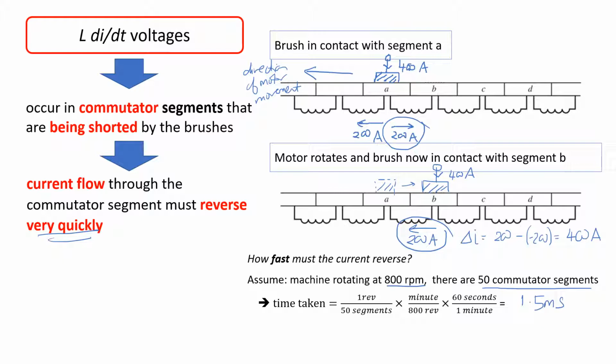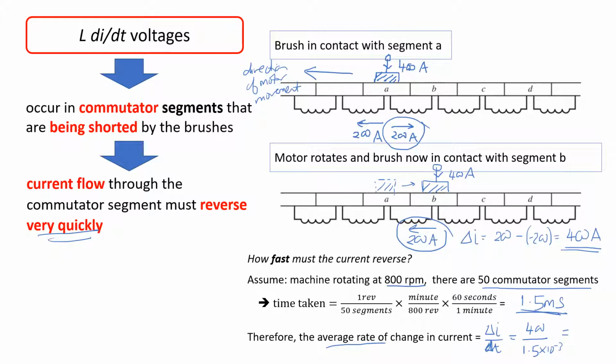What I'm trying to say is the brushes change from one commutator to another in a very short time, which is 1.5 milliseconds. And within this short time, the reversal in current must go from one direction to another in a very, very fast duration. So if we were to calculate the average rate of change of current, di over dt, we had a change in current of 400 amperes in a short time of 1.5 milliseconds, and this comes out to be